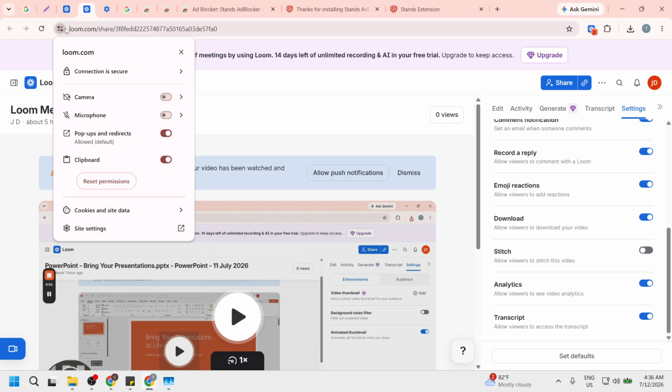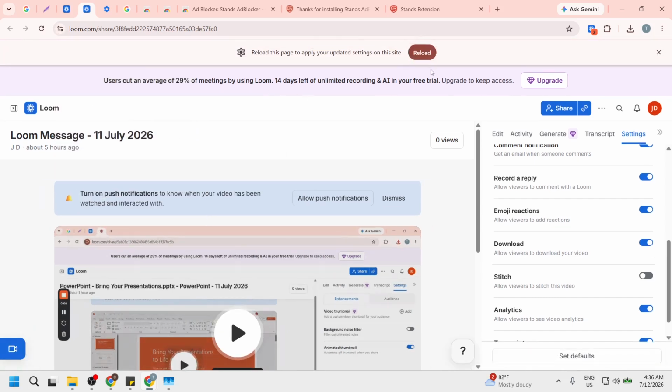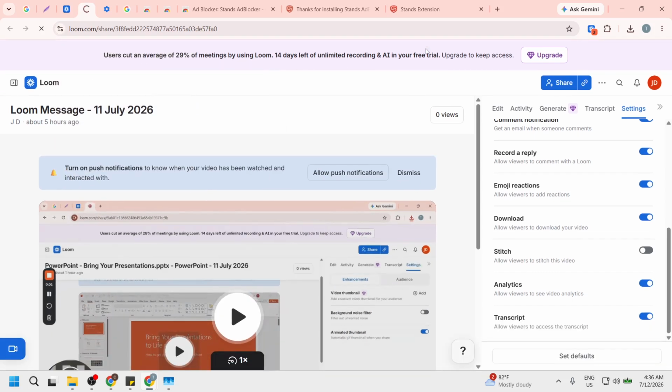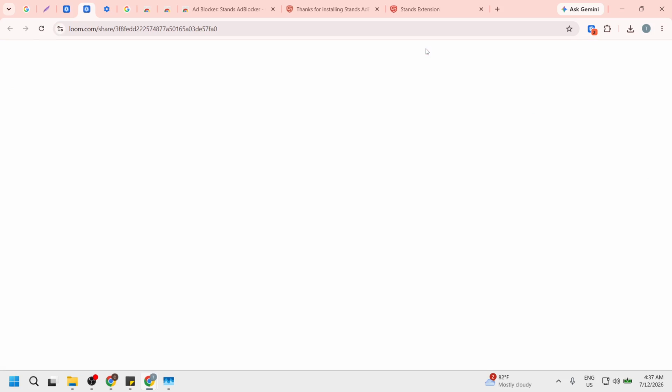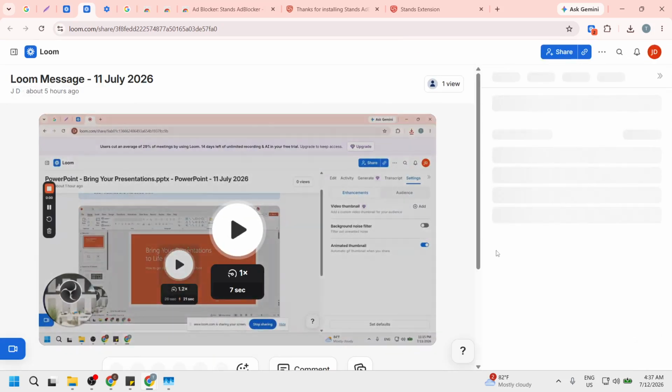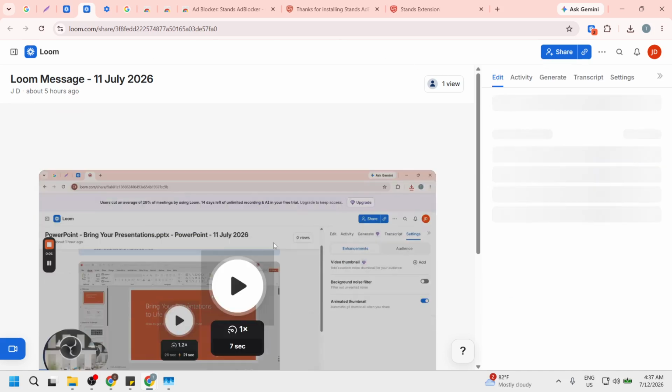This final check is essential because it ensures Loom has the necessary permissions to access your devices. If these settings are incorrect, it can prevent you from using Loom effectively, leading to frustration. By following these steps, you ensure a smoother experience with Loom, allowing you to focus on creating and sharing your content without technical hurdles.